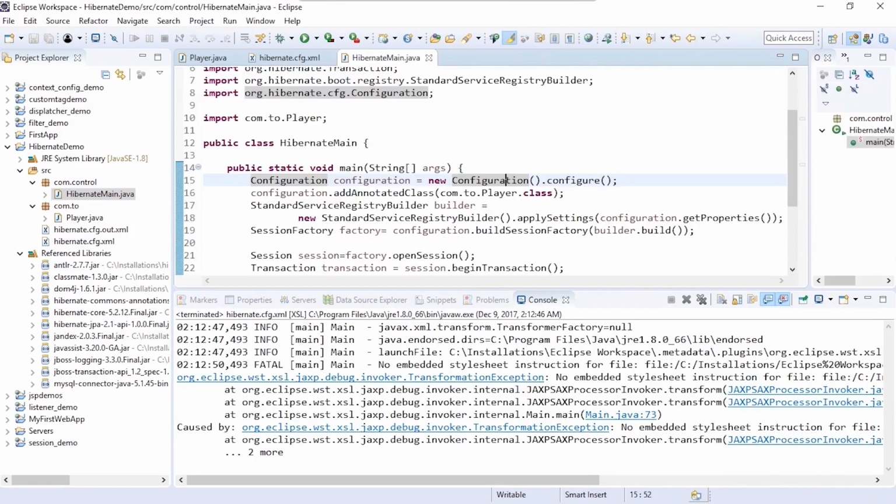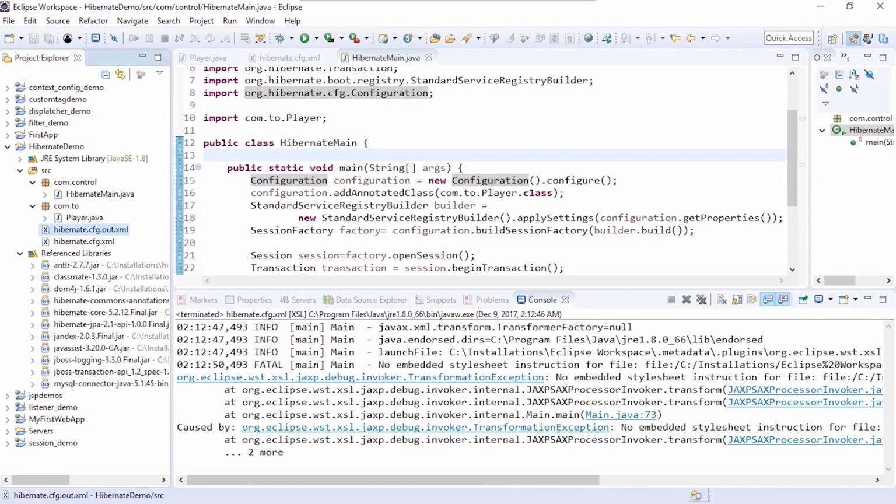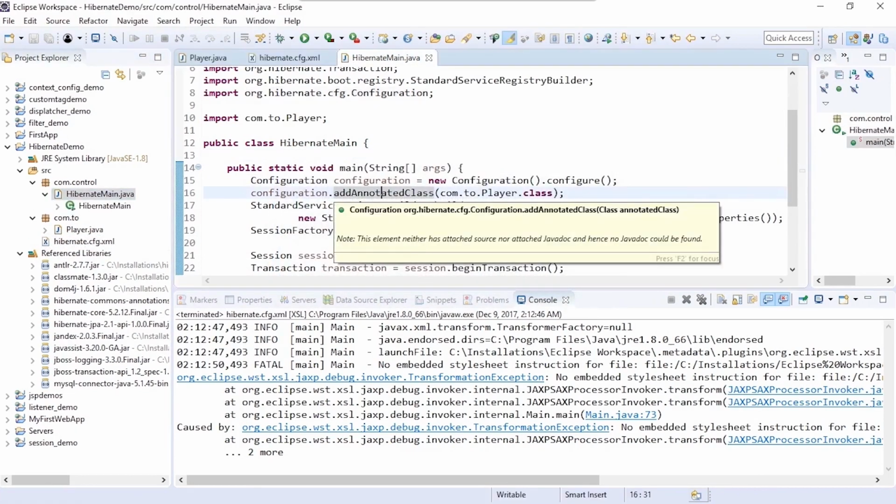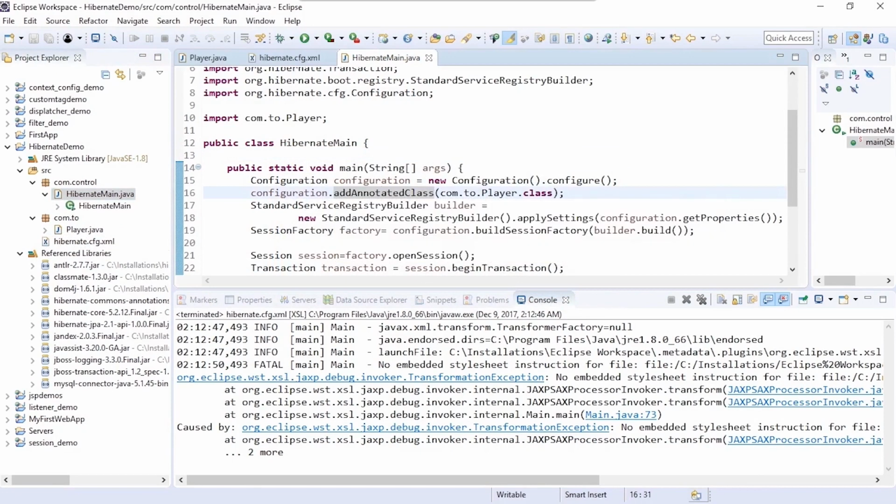Okay. Executed the incorrect file, so let's run it again. We delete the additional file that got created, come back to the Hibernate file, attempt to run that, save all.